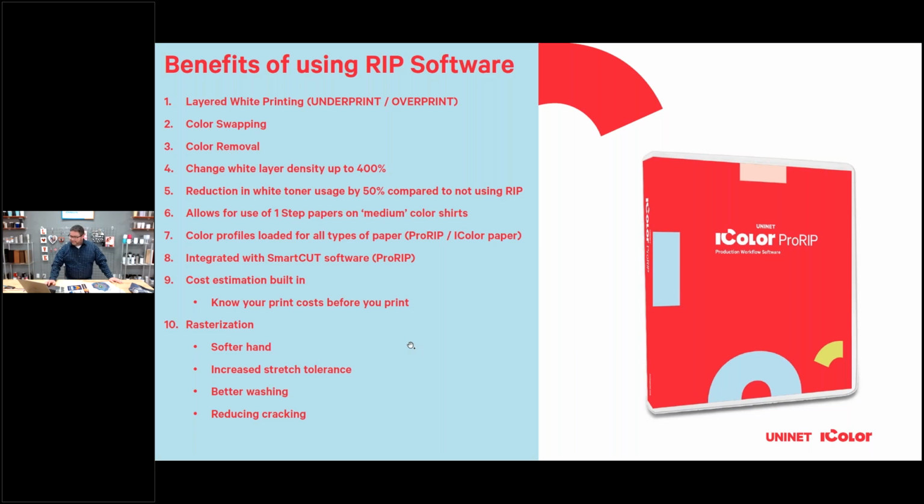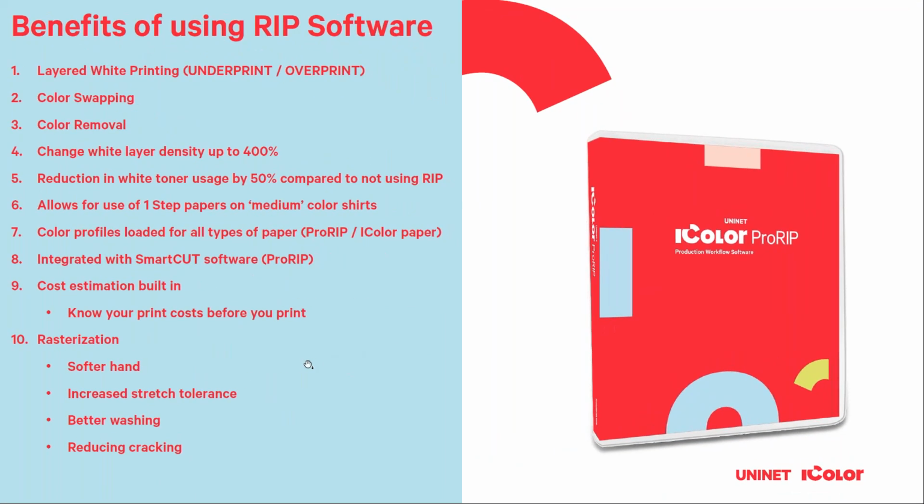Benefits of RIP, it allows you to have multi-layer printing. Okay, so this allows you to put white on top or below the image all in one pass. Without a RIP, you wouldn't be able to do it in one pass. You'd have to feed the paper in for color and then feed it again for white, and that never works, because the alignment is never the same when you refeed a piece of paper. So that's why you always want one pass printing.